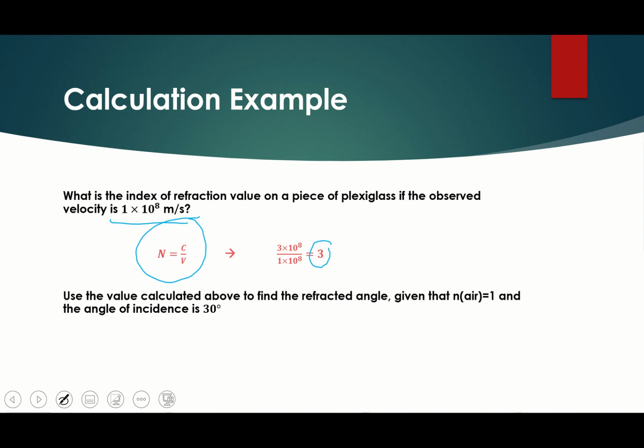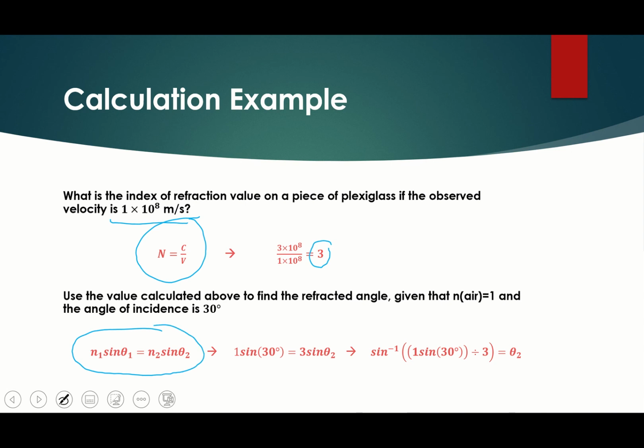Okay, the next example says use the value calculated above to find the refracted angle given that the n of air is 1 and the angle of incidence is 30 degrees. Remember, the angle of incidence is the angle that light is coming from when it first hits the material. As it's coming from air, it hits at an angle of 30 degrees in this example. So this is going to be the equation we're going to use. We know N1 is simply 1 because it's air, and that's given to us above. We know 30 degrees is given to us as well, and we have 3